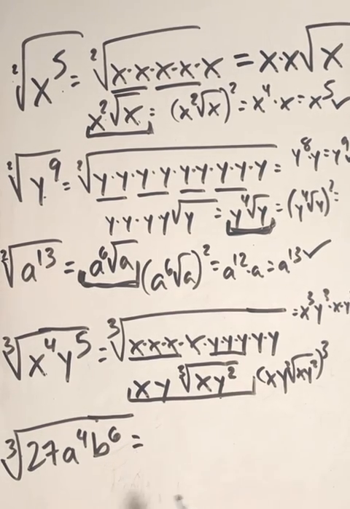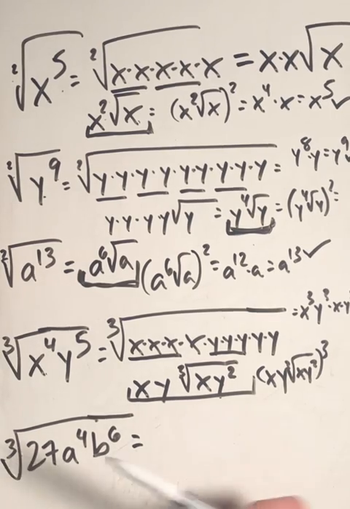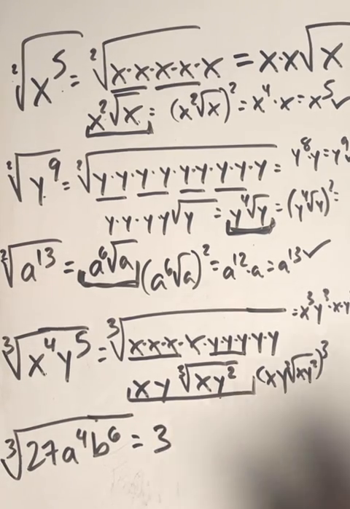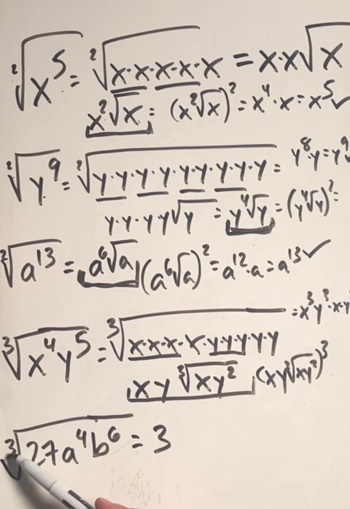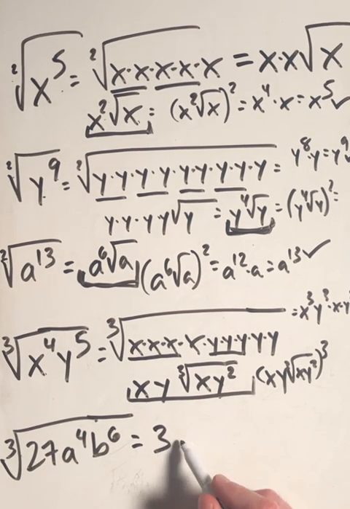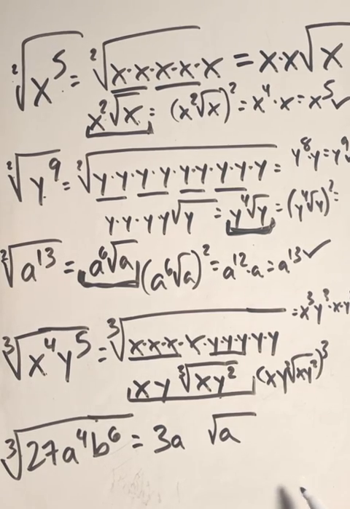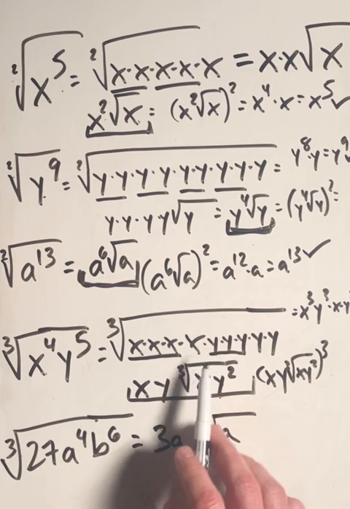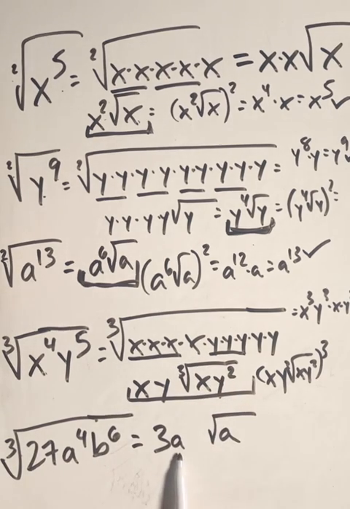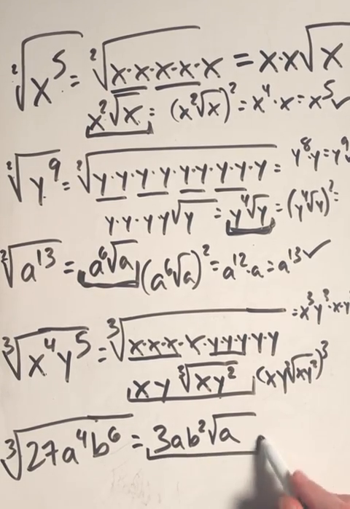Now we would do the same thing here, except we have a coefficient. So the cube root of 27 is 3. That comes outside the radicand. A to the fourth, and I'm looking for groups of 3 where there's going to be one group in A to the first, and there's going to be one A stuck underneath there, because there were 4 factors of A's, and I took 3 of them out as one group, leaving one behind. The B6s, there are 6 B's under there, and I'm looking for groups of 3. Well, there are 2 complete groups of those, so that would be a B squared. So now I have simplified this to